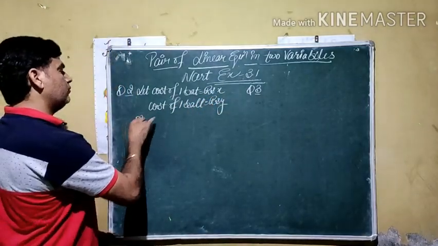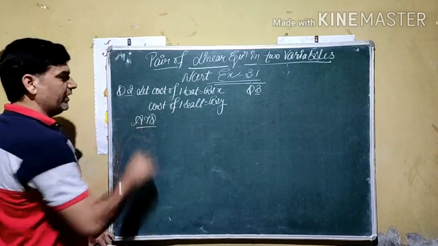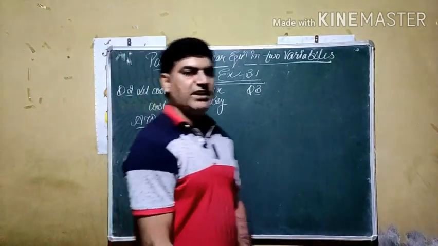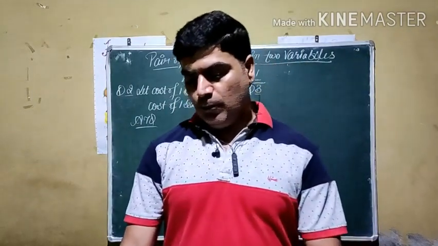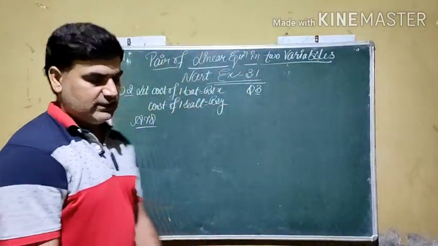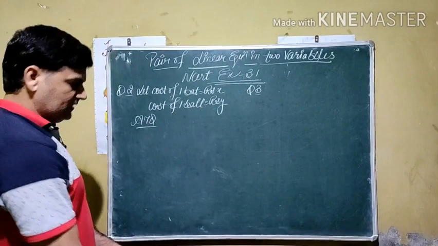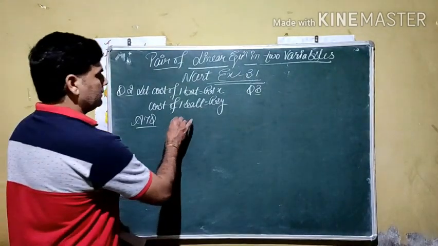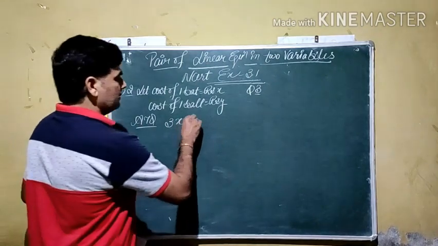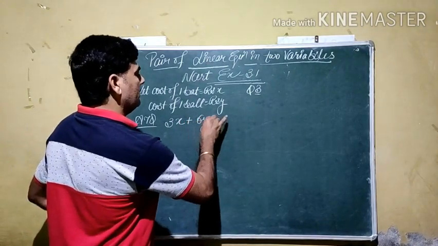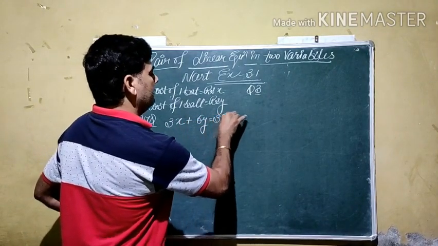Now we are going to write down algebraically, according to the question, how many items are purchased. Here 3 bats and 6 balls are purchased with a bill of rupees 3900. 3 bats, cost of 1 bat is x, so 3 bats means 3x. 6 balls becomes 6y. The total bill is 3900.